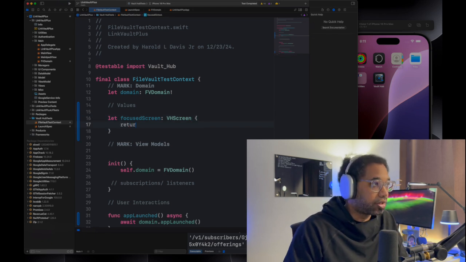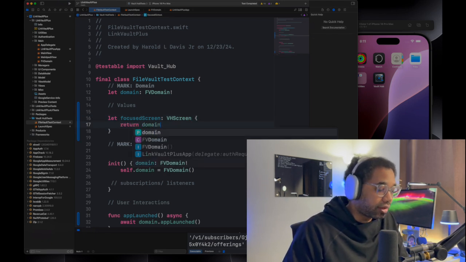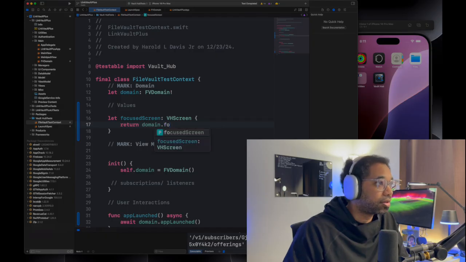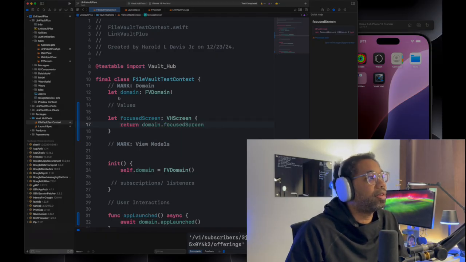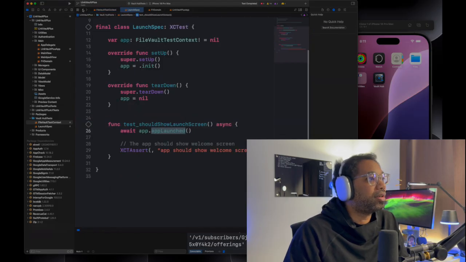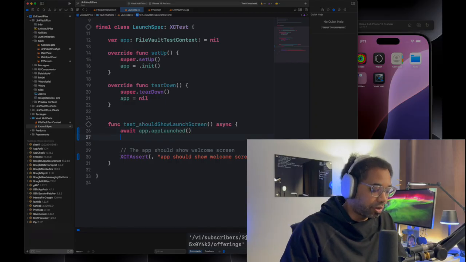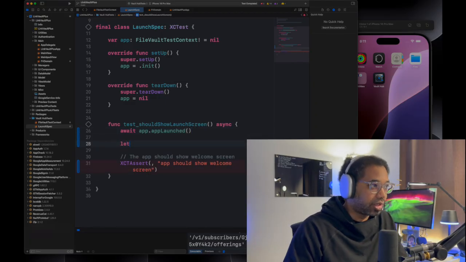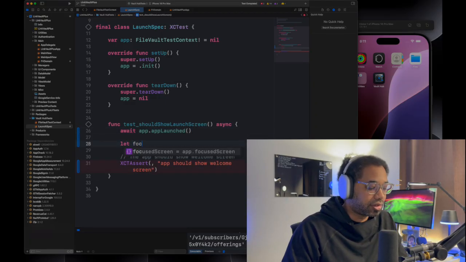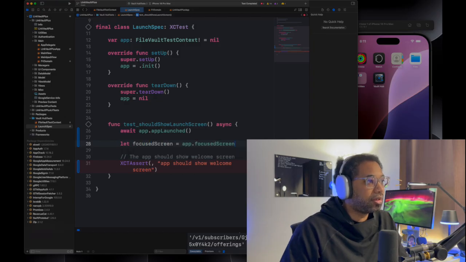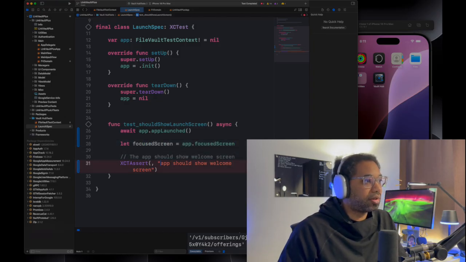Okay, and then we're going to return the domain dot focused screen. Cool. Yeah, that'll have to be a var. That's fair. Okay, and so after app launch, what we would do is we would grab the focused screen and